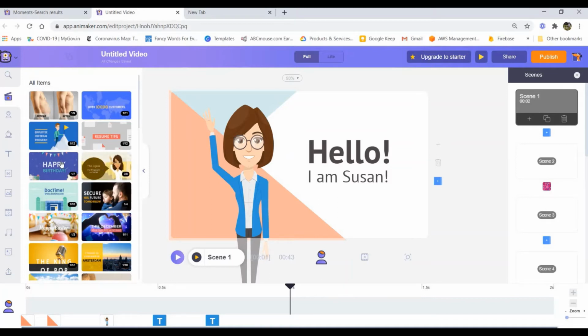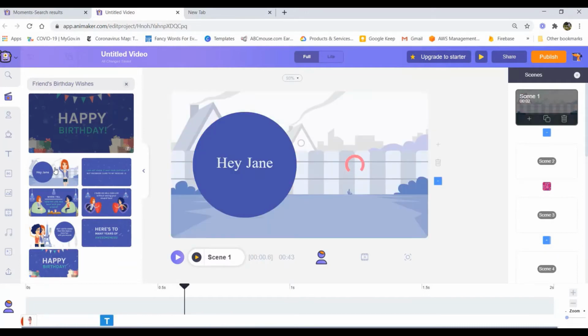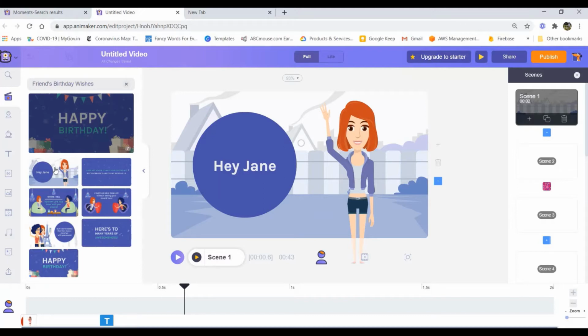I can click anything like this. Suppose I add only this light. This has replaced the previous scene. If I play this scene,